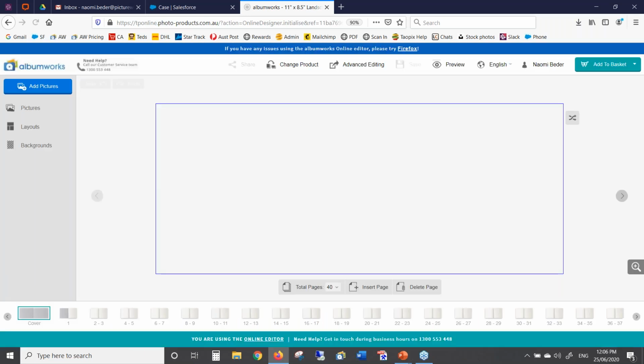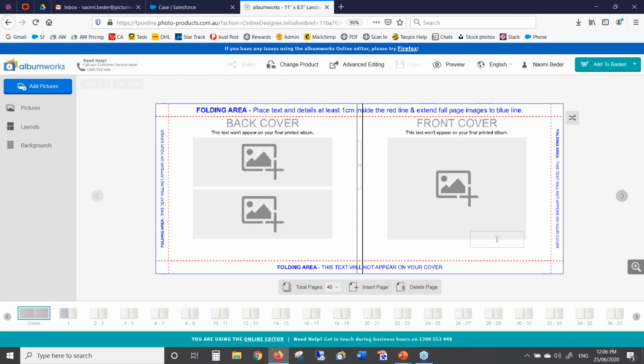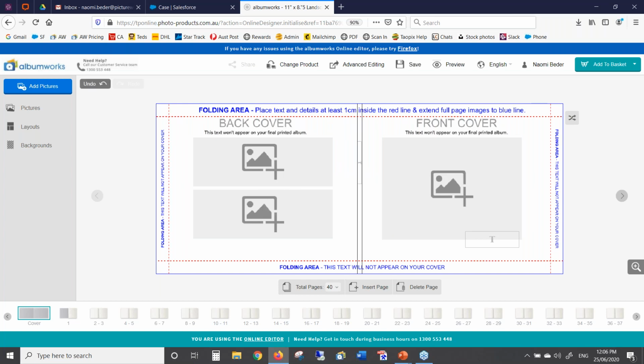It's going to bring up my project in the editor. I am going to upgrade it today just because we've got a good promotion running at the moment, which I can tell you about, and you get a better discount for high definition books. So it's opening my project. Now,